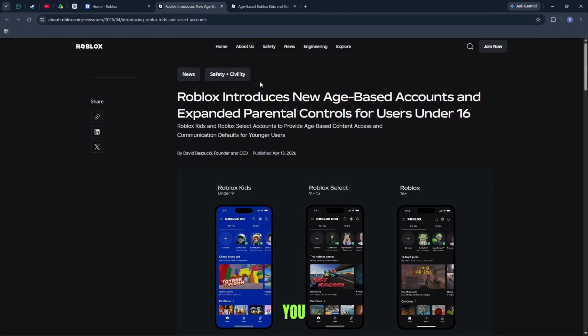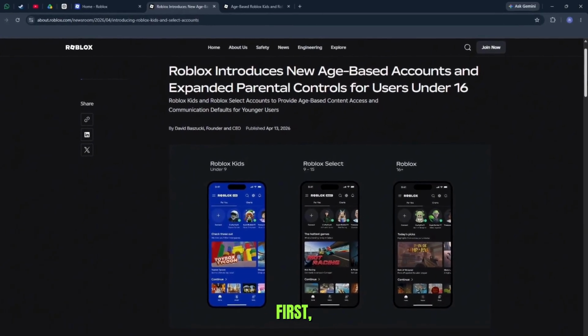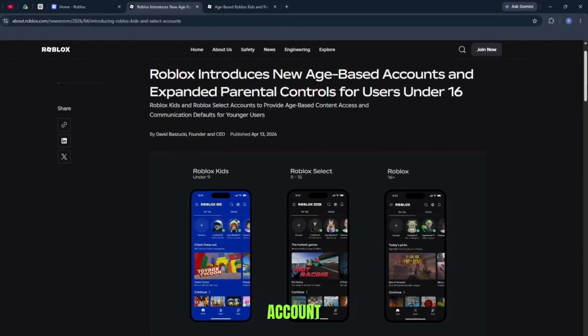In this guide, I will be showing you guys how to check if your Roblox account is a kids account or a Roblox Select account. Let's get started. First thing first, one of the easiest ways to identify your account type is by looking at